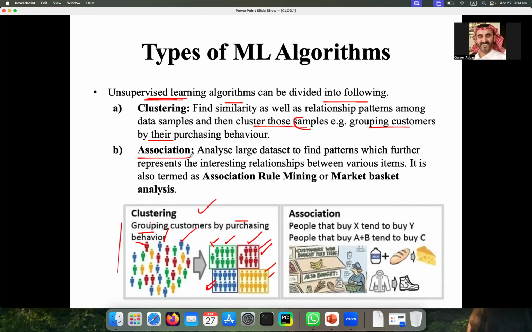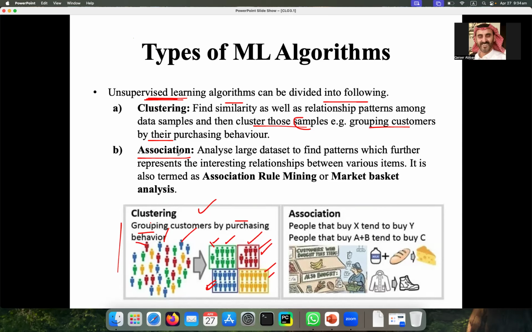And then you have association. So association, again in the data, you have to identify some pattern or relationship between two or different things in the data. So, for example, if I say I have an association with Skandar, he's Pakistani, I am also Pakistani. So this is called association, relationship.